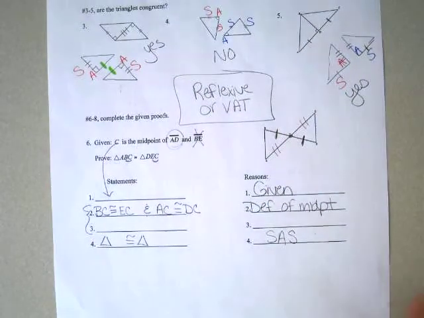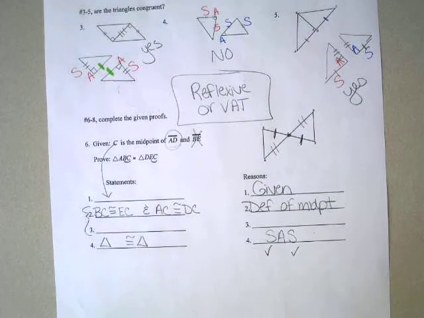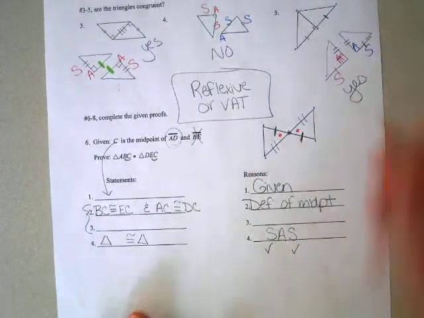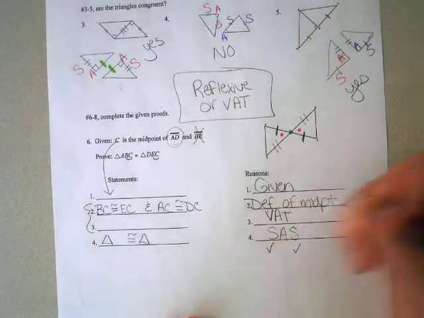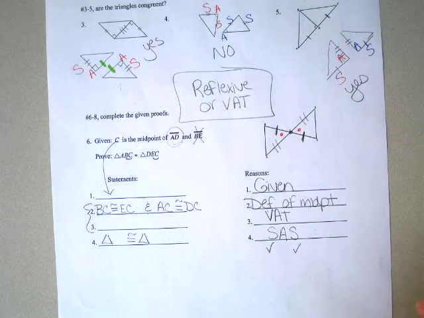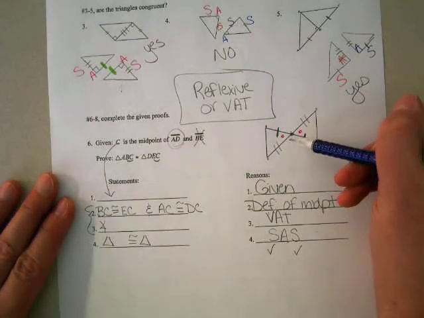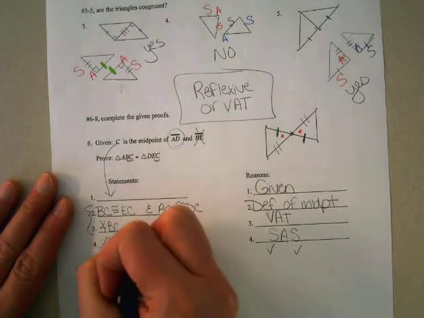You have 2 sides, the S and the S. You need the angle between them. So what are these angles right here? They're vertical. Now, please don't just say angle C, because if you just say C, I don't know where it is. That could be any one of 4 different spots. So try to use the letters to say this. I'm going to go with BCA